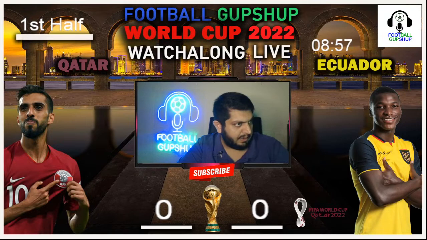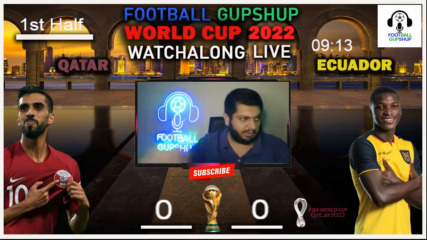Once again, the goalkeeper comes out and punches the ball clearly over there this time. Right now, you can clearly see that Qatar have got the ball. Let's see what they can do. Are they going to go direct? Are they going to keep hold of the ball? And the captain isn't able to hold it, and he misses the ball over there. Right now, it comes back to Ecuador. Ecuador right now on the ball. This is going to be interesting.